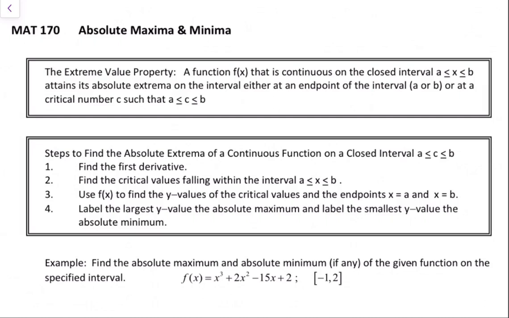So the extreme value property helps us to narrow down what points to consider. What the extreme value property says is that if you have a continuous function on a closed interval, then it will have its absolute max or min at either the endpoint of that interval or at a critical number within that interval. So graphically, if we take a look at what that is saying, let me just sketch a little